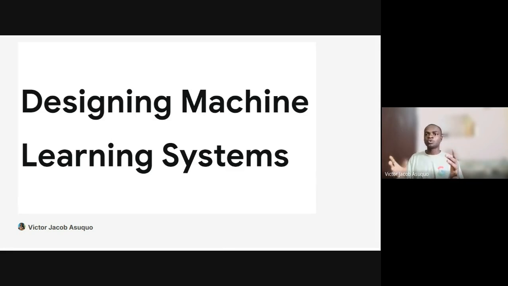For us to actually use these models at scale, we cannot utilize research papers or models sitting in a Jupyter notebook. We have to take the model from the development area, from the research area, to the production area. And that is what this entire presentation is all about.